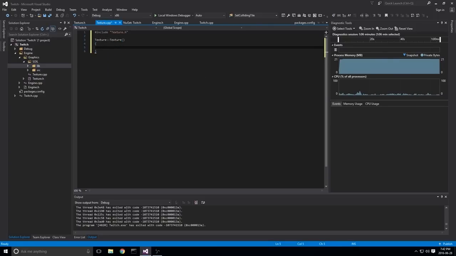Again, we only want an empty constructor, a default constructor, because we want to be able to create these objects or have these objects set up in an array or a vector or whatever. So we need to have the empty constructors. So for now, we'll just set ID equal to -1.